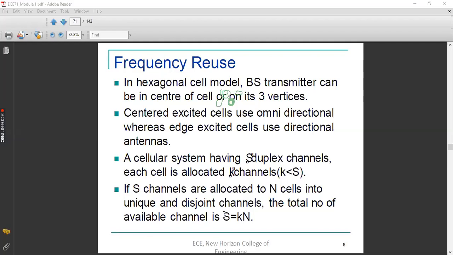What do you mean by S? S is the total number of channels, K is the number of channels allocated to one cell, and N is the total number of cells in one cluster. Is it clear for you? Got the parameters? Capital S is the total number of channels we have in the entire geographical area. N is the number of cells present in one cluster. You got the idea about cluster now? What do you mean by cluster? Cluster means you will have N number of cells in that particular area, where